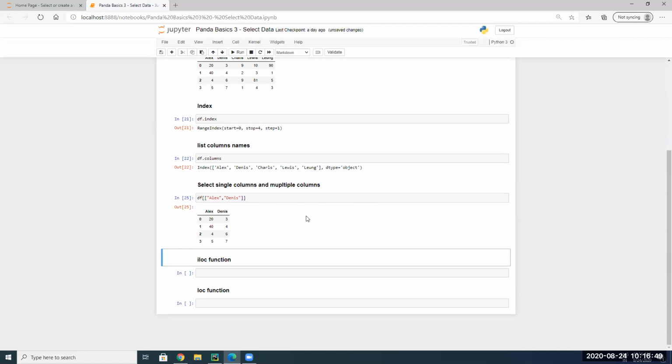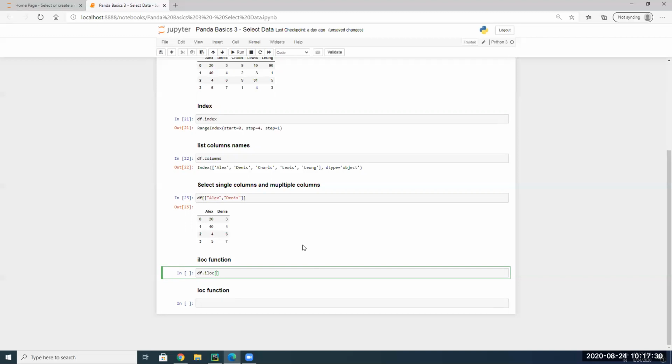So this is a fundamental difference when you select a single column and multiple columns from the data frame. Now there is a formal way of selecting data from a data frame. Instead of putting static column names, we could use the loc and iloc functions. So iloc stands for index, and then you specify your range of row index or column index. So let's go ahead and try with one example, df.iloc.